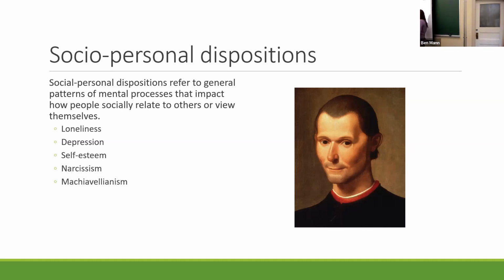Self-esteem, right, refers to the idea of how people view themselves. We talked about this as seeing yourself as a good or a bad person. Narcissism, right? So narcissism comes from the story of Narcissus. Narcissus, as the story goes, was able to look at his own reflection in the mirror, and he was so in love with himself and so into his own image that he died and became a flower, right? A narcissus flower, because he just looked at himself, right? So narcissism is being stuck in your own world, is having a preoccupation with yourself. And there's a good chance that you probably know a narcissist in your life.